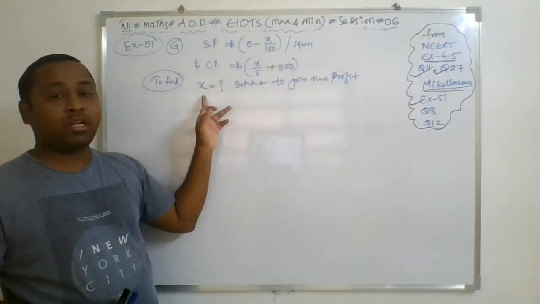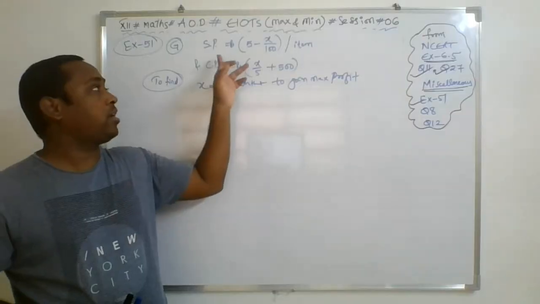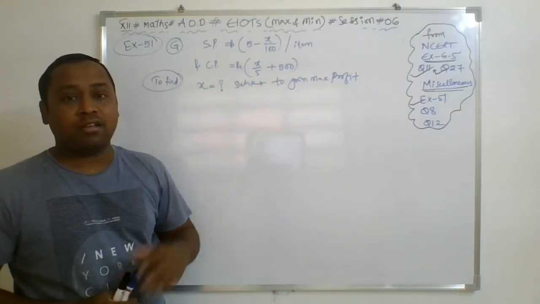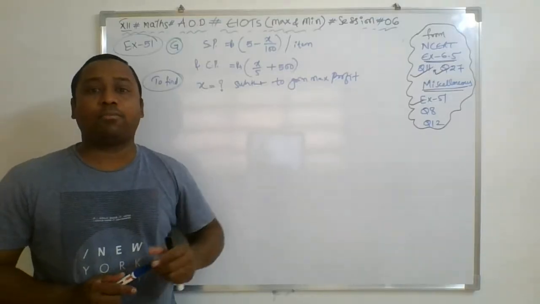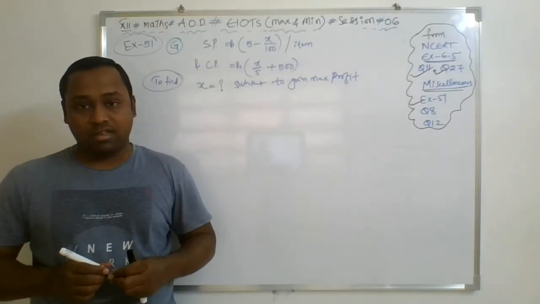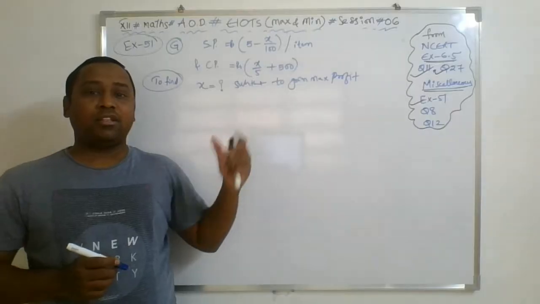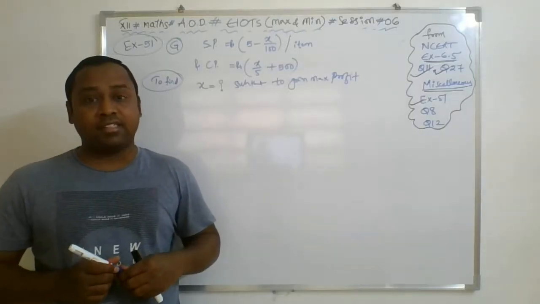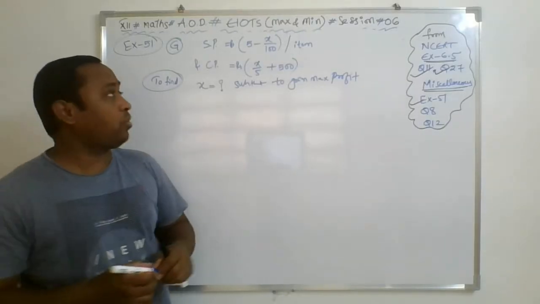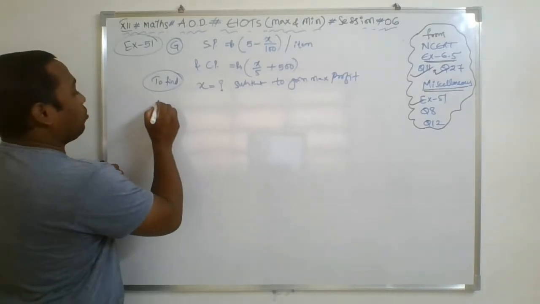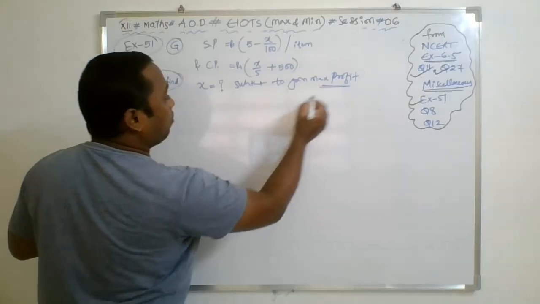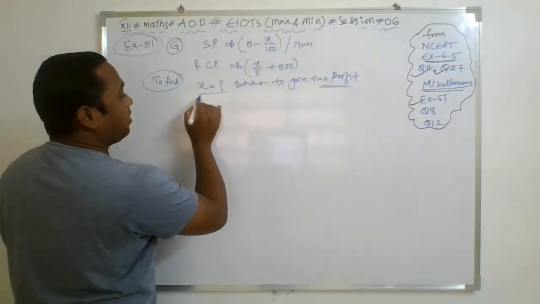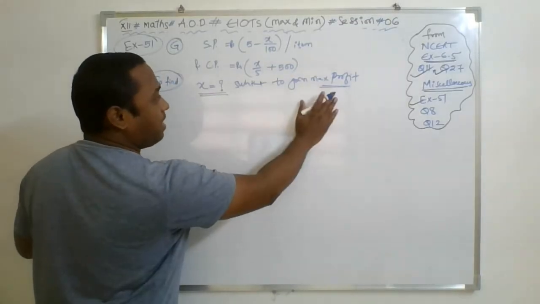So how many items are sold? X. So what is the total selling price then? X into this figure. That is the only critical point while reading this question. So basically in this question they are checking the reading skill of the reader. Okay. Now see, what to find here? We need to find the maximum profit. We need to find the number of items sold to get the maximum profit.